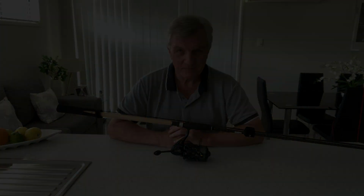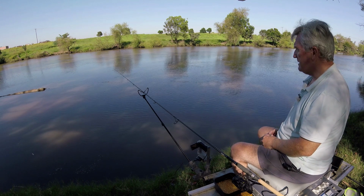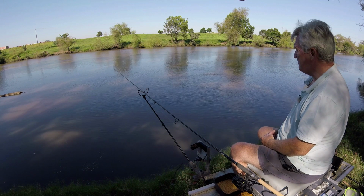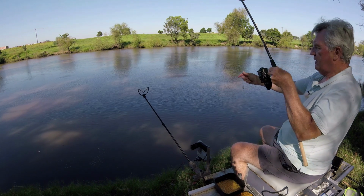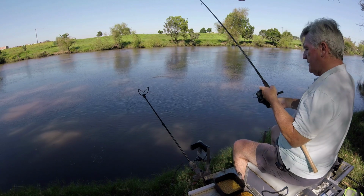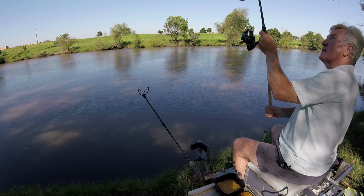And here we are back on the riverbank. This is the same river where I tested the Preston Intensity 720. It's actually probably the same swim, I'm not absolutely sure, but I'm going to do exactly the same tests as I did with that. I've put about a 3/4 of an ounce or an ounce bomb on. Haven't actually cast it yet with this reel, never been used. Got trees all around me, so I've got to be a bit careful, and we'll just give it a reasonable...